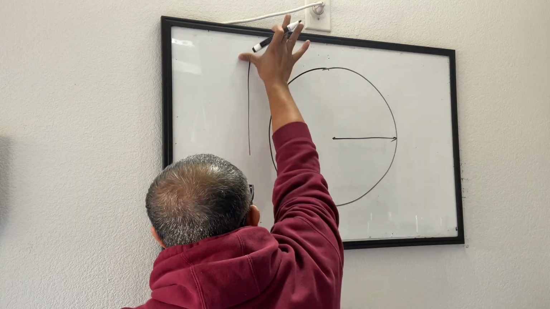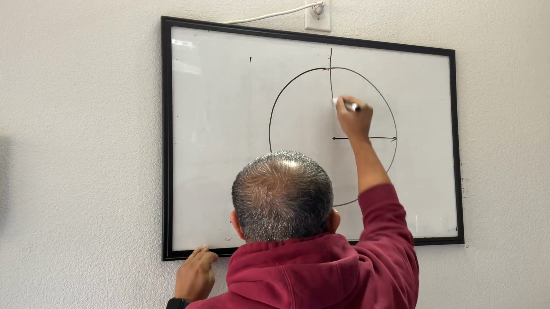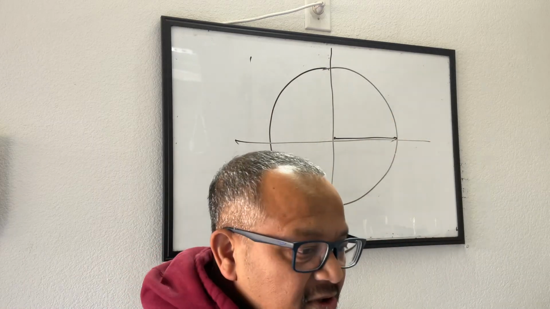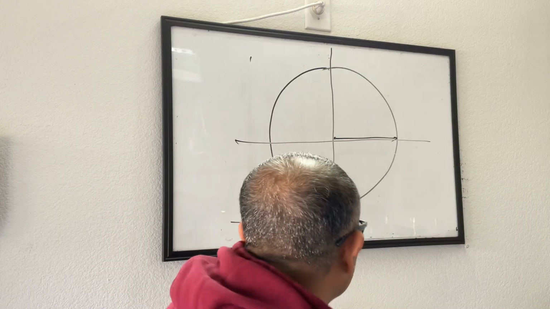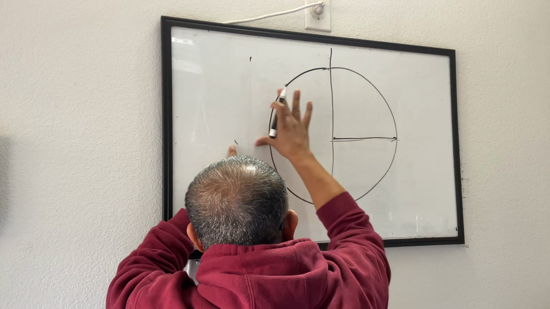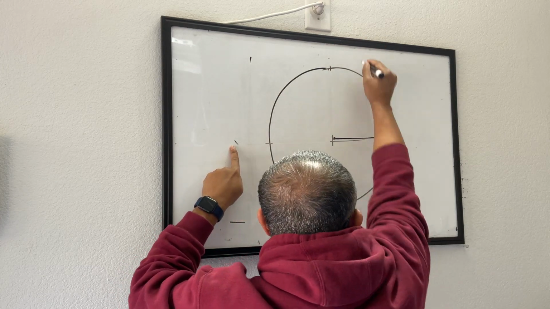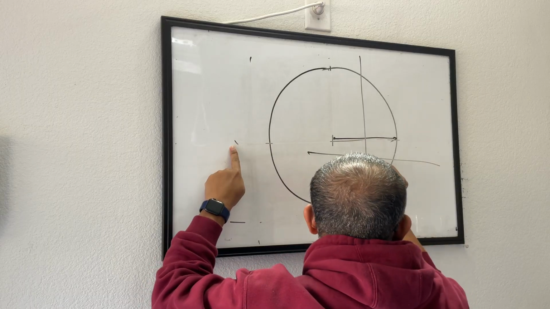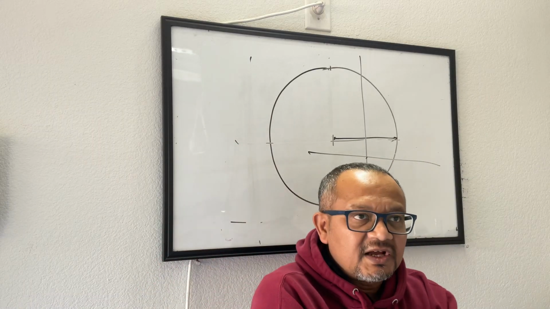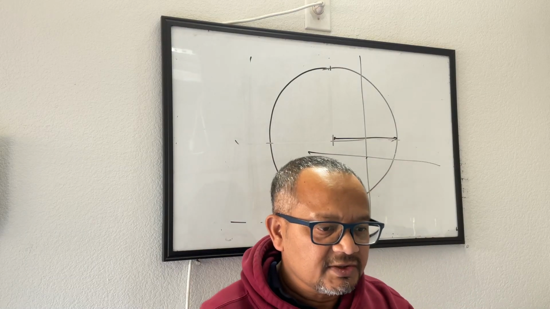Center remains the same. So here, the center is different from the origin of the coordinate plane. There could be a situation where the center of the circle and the origin of the coordinate plane coincide. There could be a situation where your coordinate plane is lying somewhere here. This is your coordinate plane and your center is here. So net, when we are dealing with a circle, you just need to know,